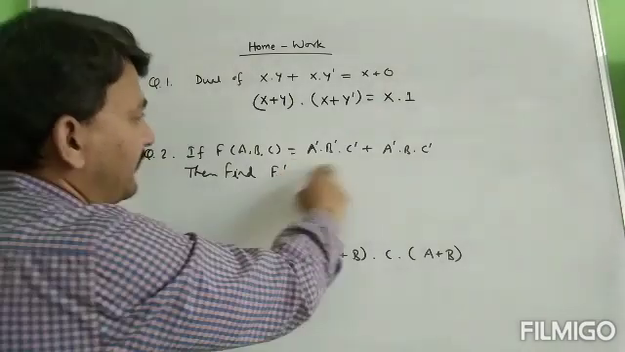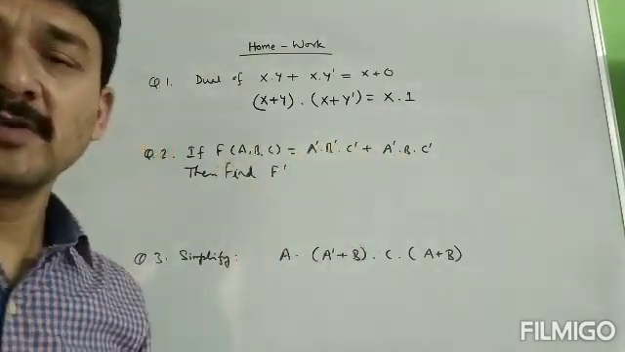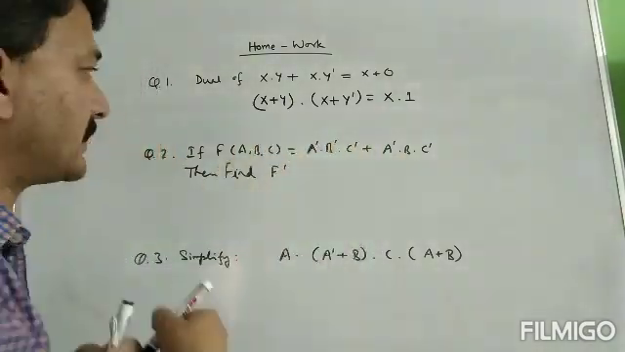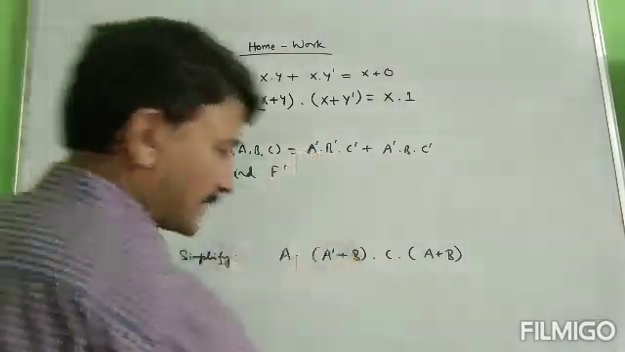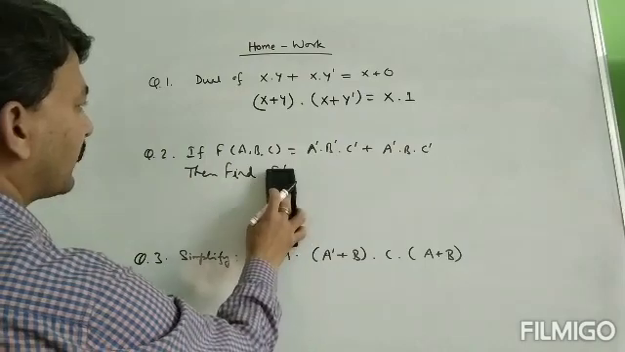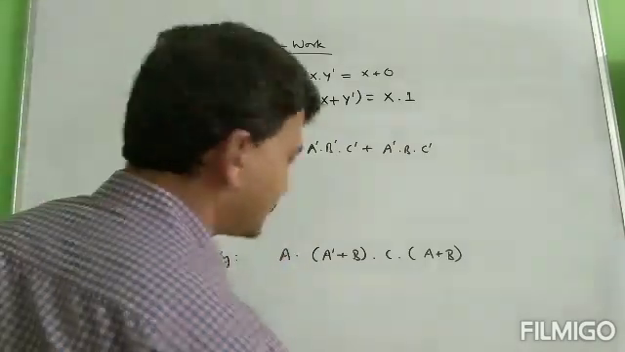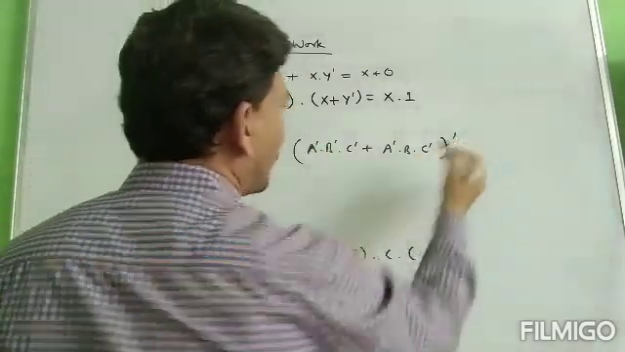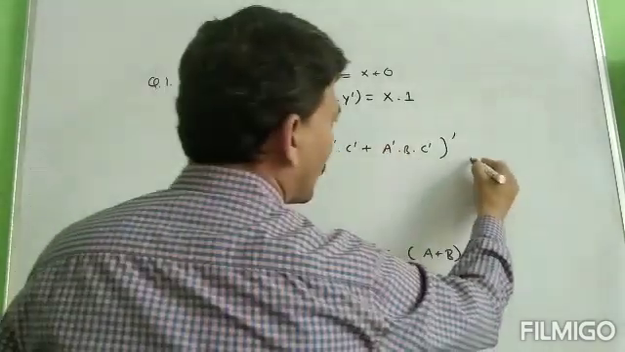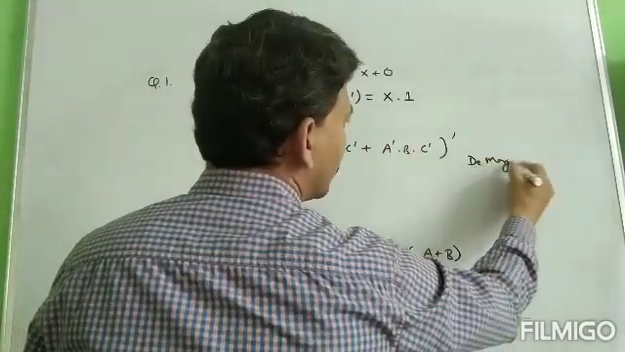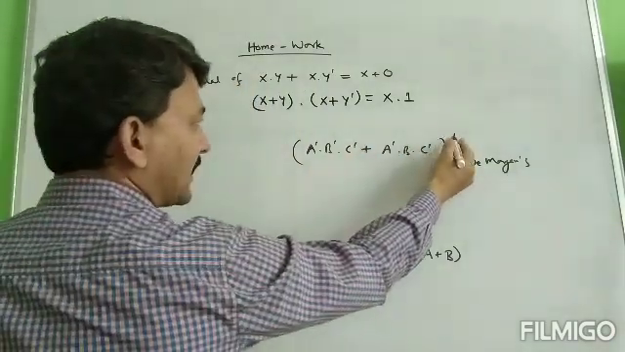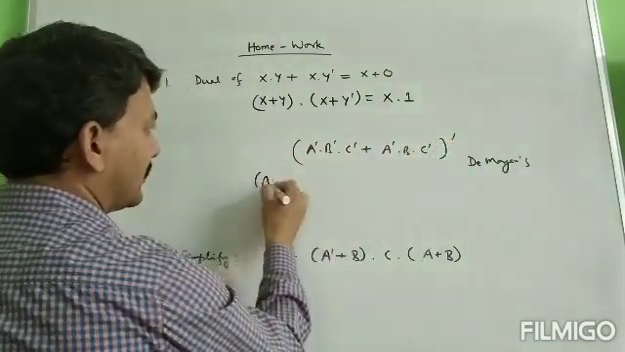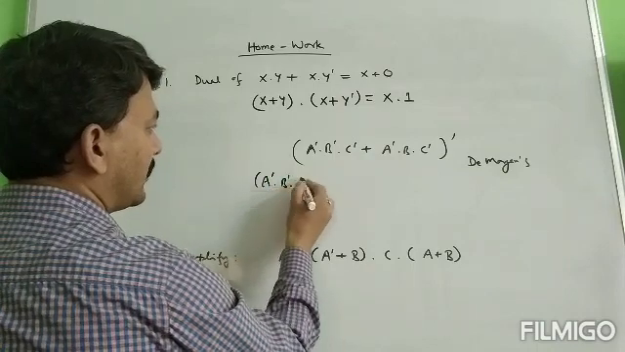Find f naught when f is equal to this. F naught means find the complement of the expression. This is f and we have to find f naught. So f naught means the entire particular term naught. So we apply De Morgan's here, and if we apply De Morgan, break the line, change sign, 1 naught comes here, a naught, b naught, c